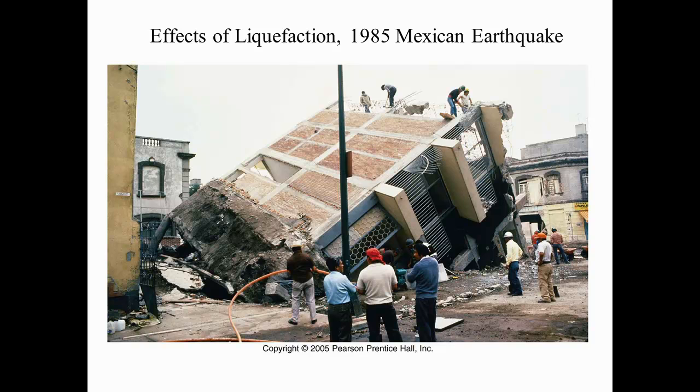The shaking causes the overlying sandy material to become saturated to the point that it, for the most part, turns into quicksand, no longer capable of supporting the overlying structures. And as a result, the structures will then simply sink into the ground, as occurred in the 1985 Mexican earthquake. Mexico City sits on an old lake bed, underlain by unconsolidated material, so this is why there was so much damage as a result.